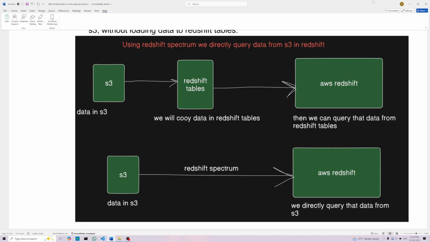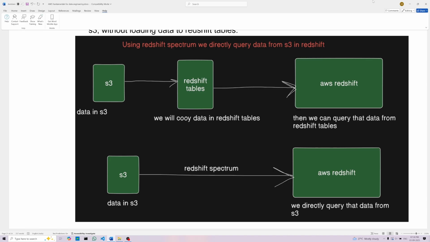I cannot directly query it. I will have to first copy it into Redshift tables and then I can query that data, right? This was mandatory earlier. We cannot directly query. But now, using Redshift Spectrum,